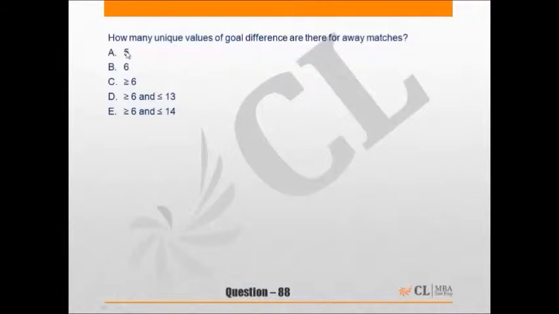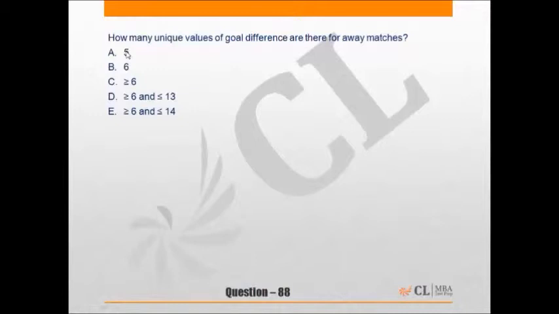it is asking how many unique values of goal difference are there for away matches. One thing should be noted here, we don't have any data for away matches of two teams that fall in the top 13 teams, and these teams are WZ and SU. So it is not possible for us to determine this question if these two teams are also included. However, this question can be answered if we consider the data of the 13 teams for which we have calculated